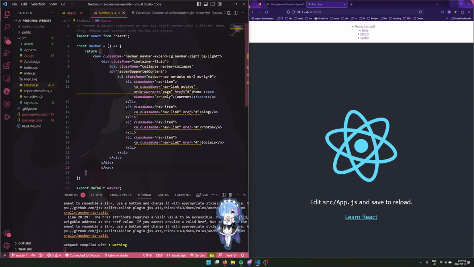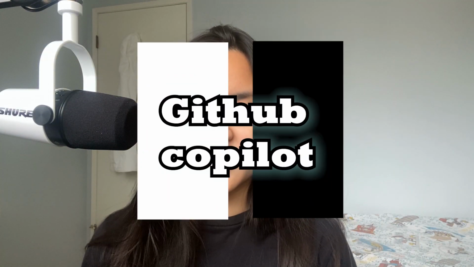But moving on. Second up, we have GitHub Copilot. GitHub Copilot, as the name suggests, is by GitHub, and it's a partnership between OpenAI and GitHub. They use powerful deep learning to generate code, and it has access to most GitHub repositories, which is where it's learning its data.